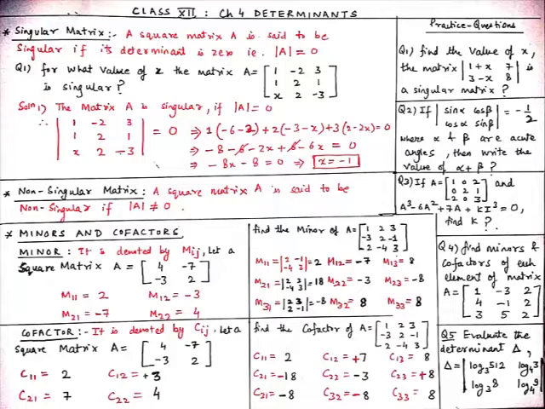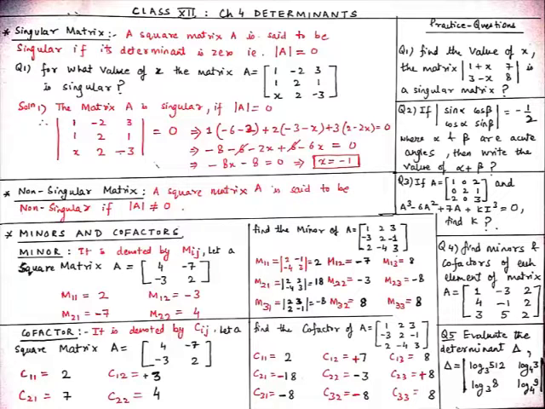And now for M23, take A23 element, which is minus 1, and now hide row R2 and column C3 completely and find the determinant of the remaining elements, which are 1, 2, 2, minus 4. So minus 4 into 1, minus 4, and 2 2s are 4. So minus 4 is minus 8. And now for M31, take A31 element, which is 2, and hide row R3 and column 1 completely and find the determinant of the remaining elements, which are 2, 3, 2, minus 1. So determinant is 2 into minus 1, minus 2, and then minus 3 2s are 6. So minus 2 minus 6 is minus 8.